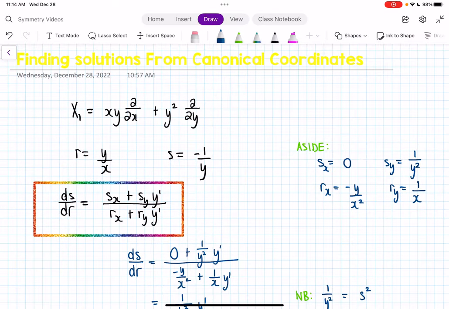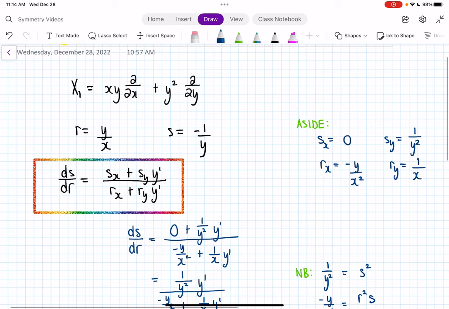Okay, so we're going to be looking at now finding solutions from our canonical coordinates. If you remember, in the first video we found all the symmetries, and in the second video we found canonical coordinates for some of the symmetries, and now we're just going to again focus on x sub 1, and those coordinates were r equals y over x, s equals negative 1 over y. Now what we're going to use to find solutions is the definition of, we're going to look at ds over